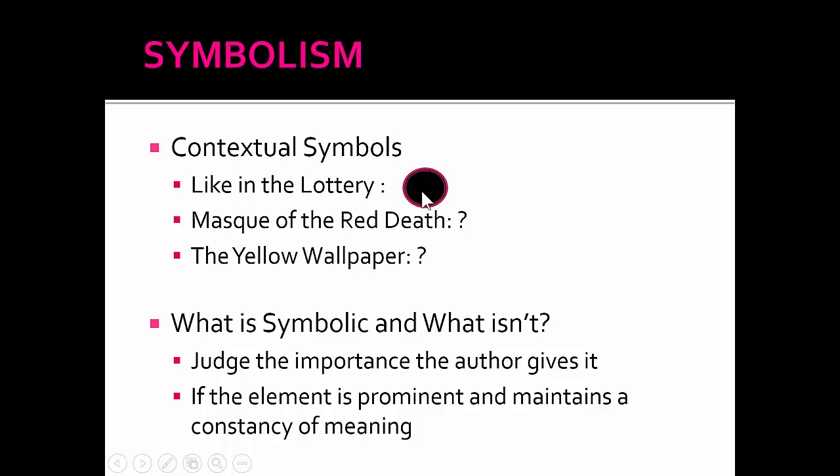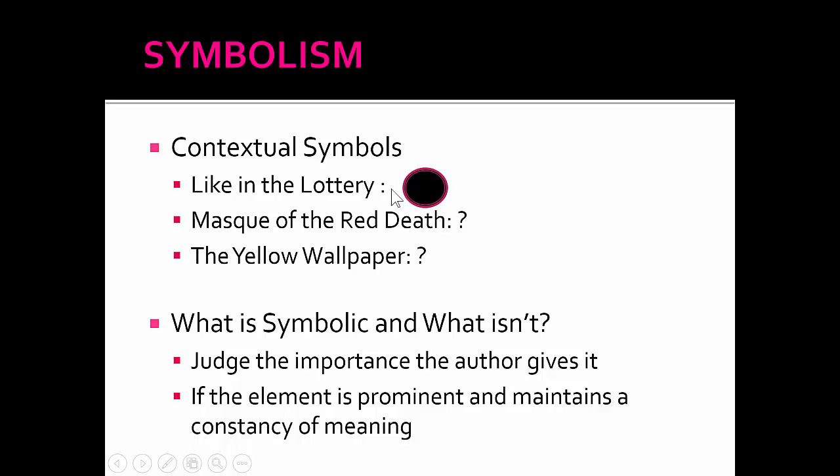So I'm thinking that the black spot became this horrible thing of worrying about getting, and it became symbolic of the mark of death on a family and then a specific family member. So I'm thinking black spots and polka dots and stuff were not a popular item in this particular town, but that is only a symbol inside of the story of the lottery. So it being a symbol of death is contextual. It only has bad meaning inside of the story, right? Contextual.